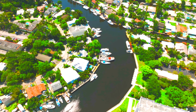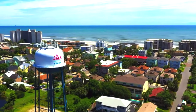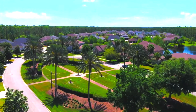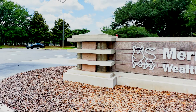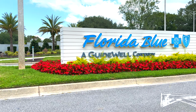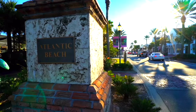Insert the Jacksonville Intracoastal Waterway. Now, what makes the Intracoastal so great is it sits right in between the beach and Southside Jacksonville. The Intracoastal is filled with beautiful suburbs, highly rated schools. It's just a short drive away from Southside Jacksonville, and it's also home to a few Fortune 500 companies. But on the opposite end, it's also a short drive to not just Jacksonville Beach, but both Neptune Beach and